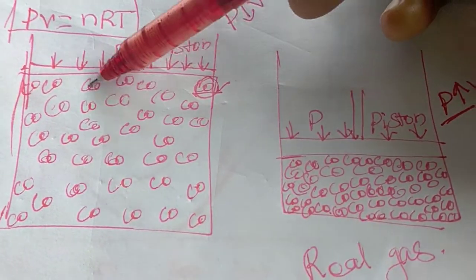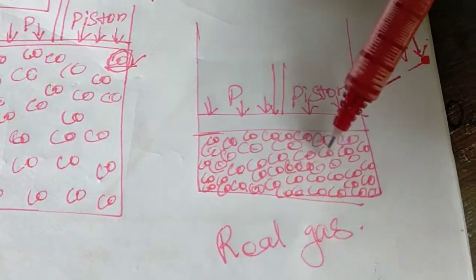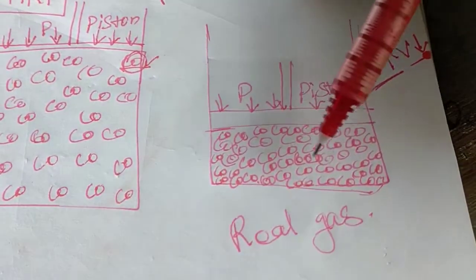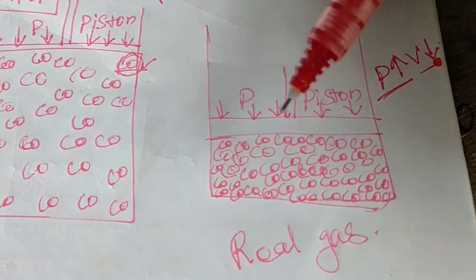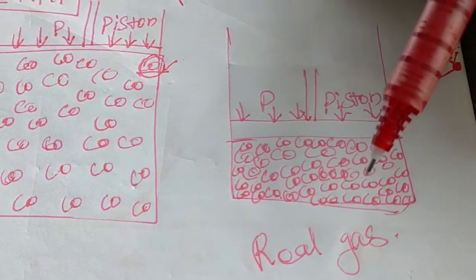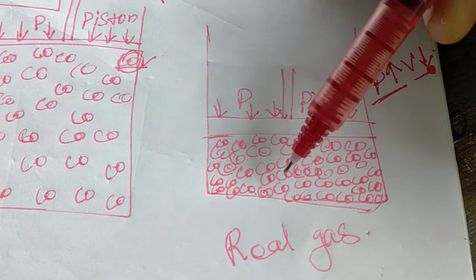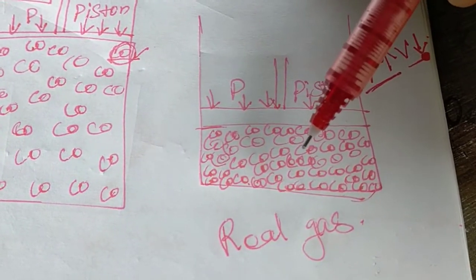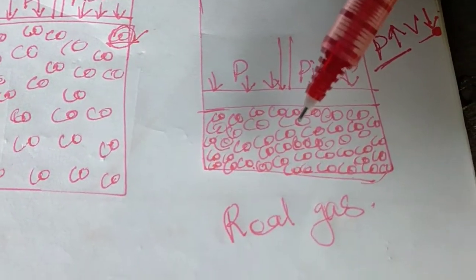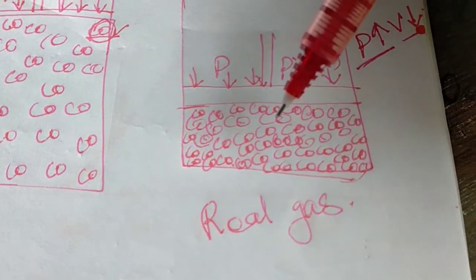Here you have space between each molecule, but here they are rigidly packed, so they are close enough to attract each other. So increasing the pressure is increasing the density of the gas molecules in the system,